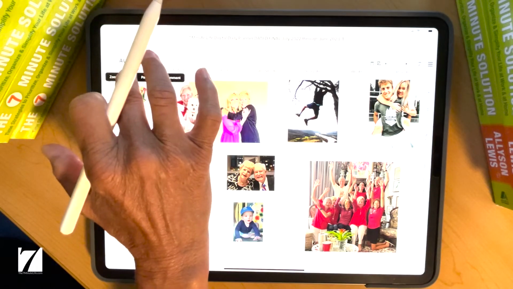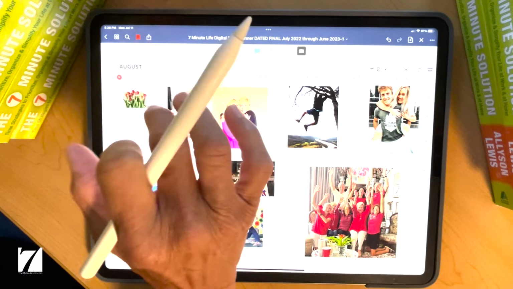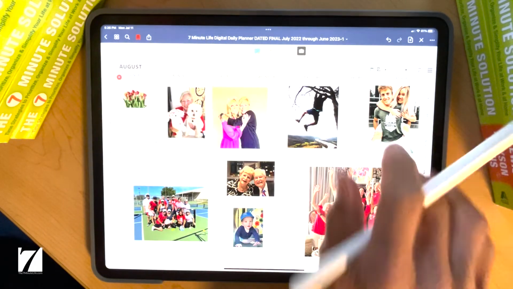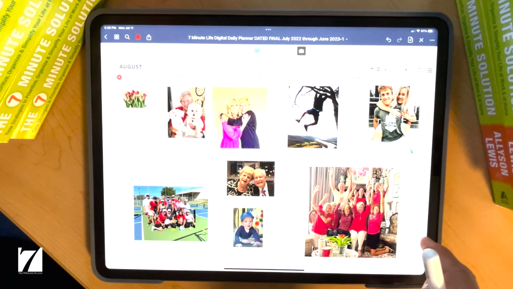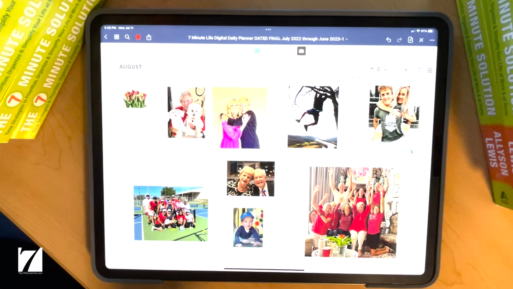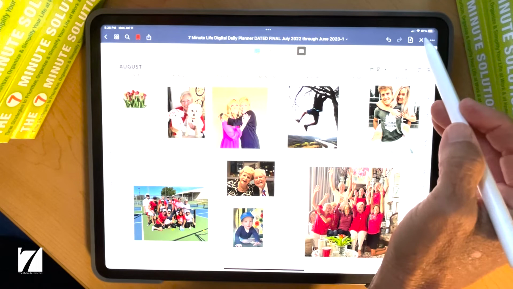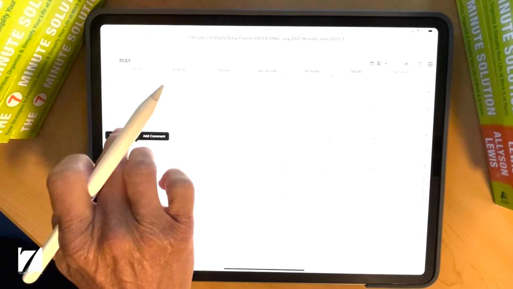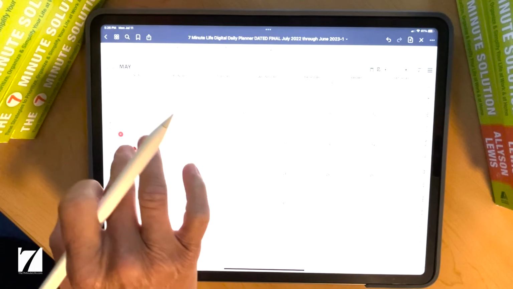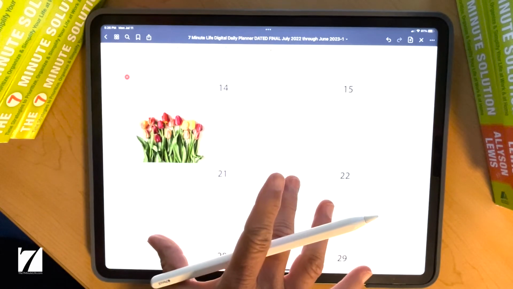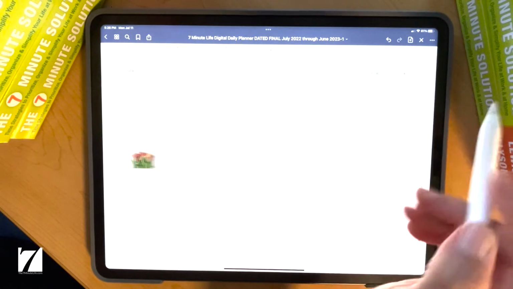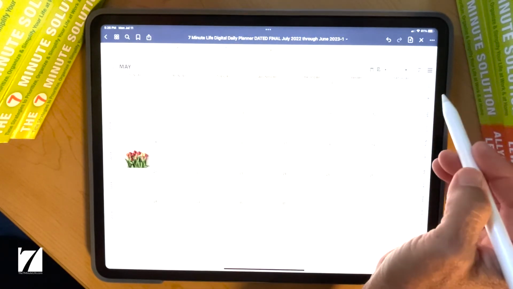So let's say that you wanted to put on your calendar, and I don't even know when Mother's Day is, but I think it's somewhere in May or June. But let's say that you wanted to put in your calendar in May a Mother's Day. And I'm not sure, but you could come in and just put, oh, there's a happy little Mother's Day piece. And these were grabbed off of things that people texted me. I'm going to come back and I'm going to grab another